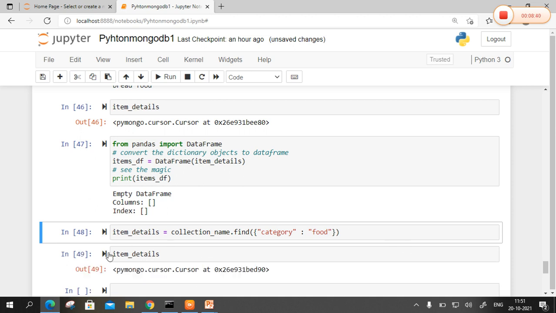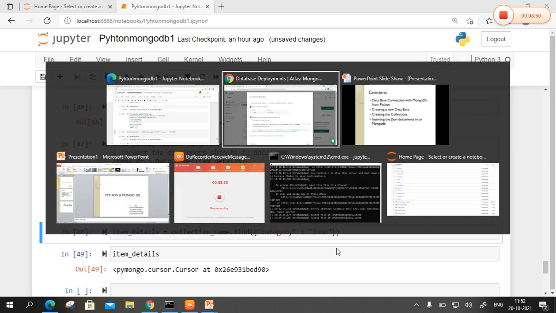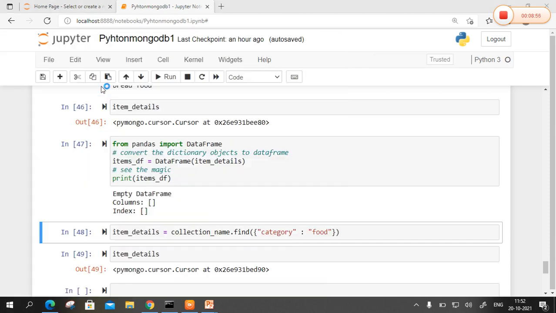So now I will open my MongoDB Compass and verify whether the database is created or not, whether the collection is created, and whether the values are in that collection. So I will open my MongoDB Compass. Hold on, give me a second. Yes, MongoDB Compass.